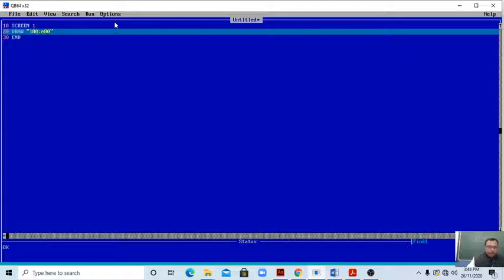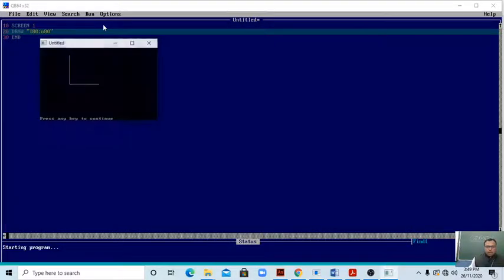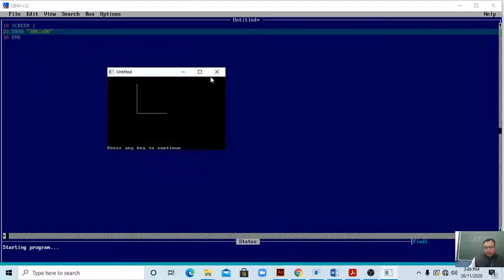In a straight angle, what we have to do: L80 is correct, and in place of E we will use the U because we want to go to the upper side. Okay, run and start positions. C1, what will we get here? Yes, this is the right angle. A right angle is exactly 90 degrees.